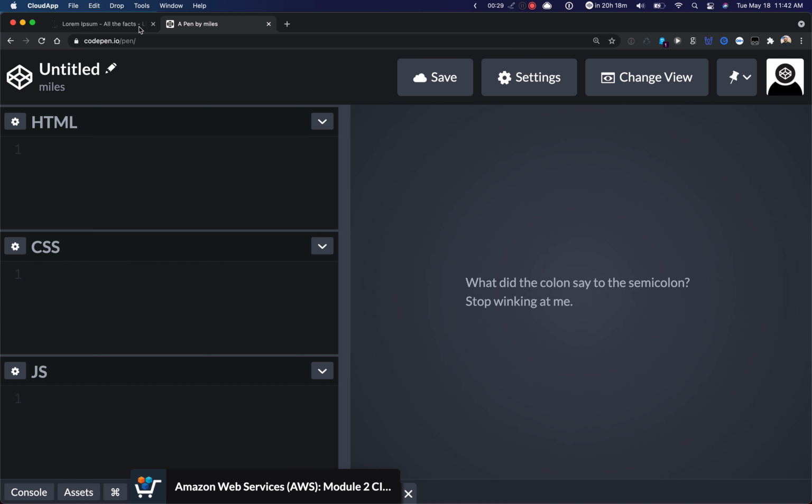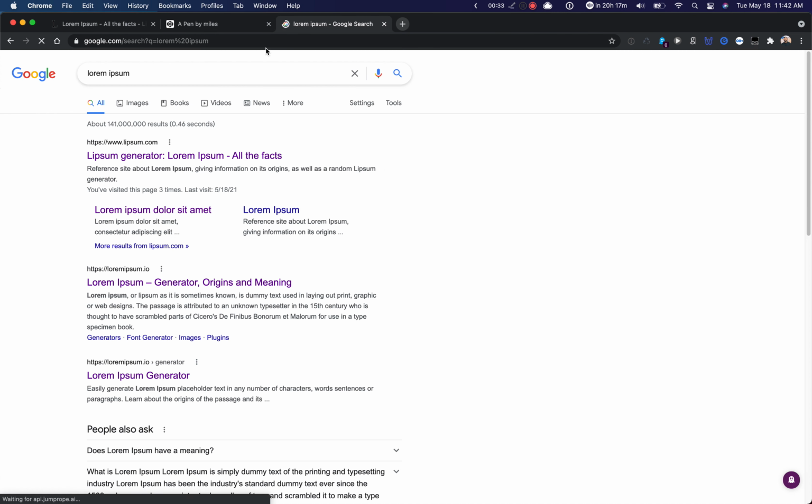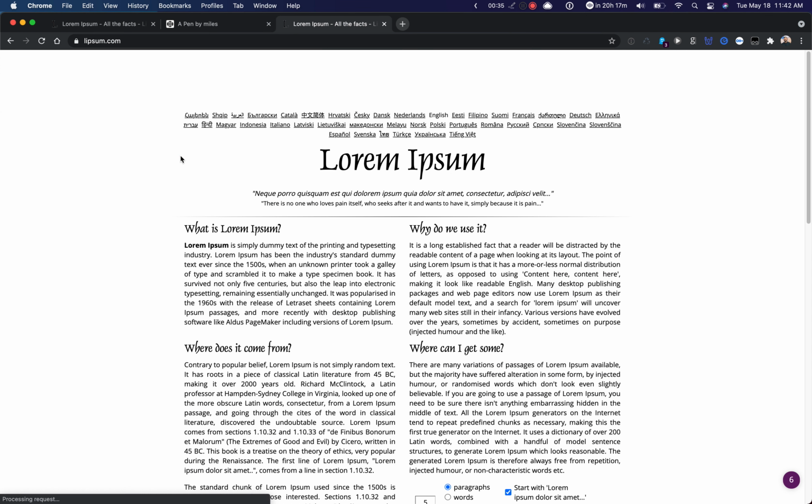You can go to Google and type in Lorem Ipsum and it's going to give you all sorts of facts behind it. I generally use this one and it'll tell you when it was created. There's some interesting history behind it. But for us, what we need to know is that Lorem Ipsum is a fake text that we use in web development and design so that it fills the space and allows us to generate fake content quickly so we